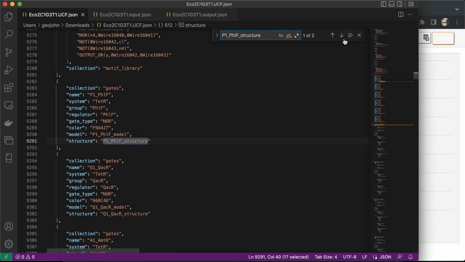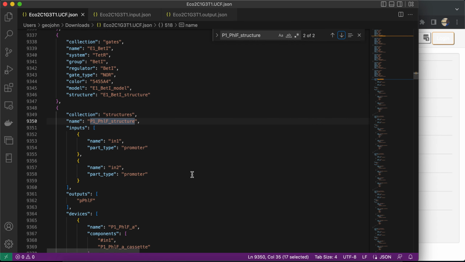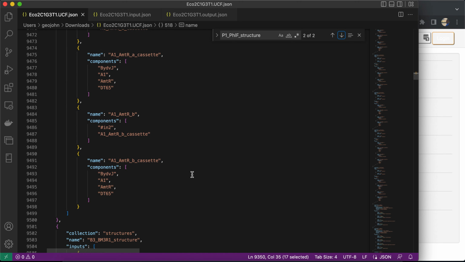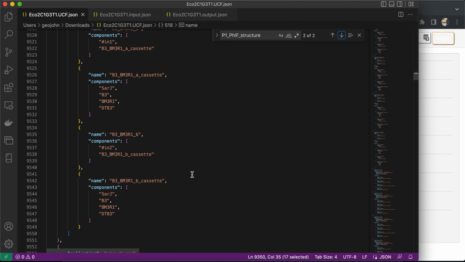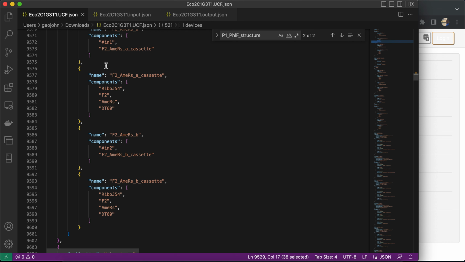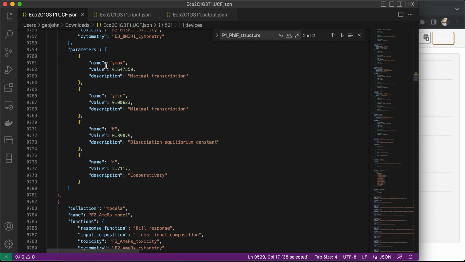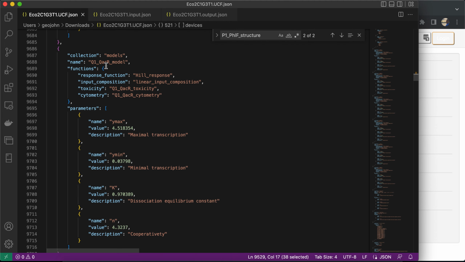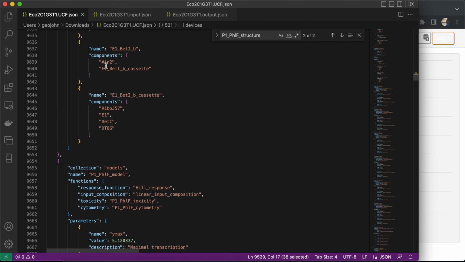But we'll go back down to our structures right below the gates, and we'll pass up these gates, because as you start to read through these, you'll see them as pretty standard. They'll all need components, they'll all need a name. And then I think we're going into some of our models next. These models are going to be how you do some of the calculations, along with getting into eventually the specificity and toxicity,